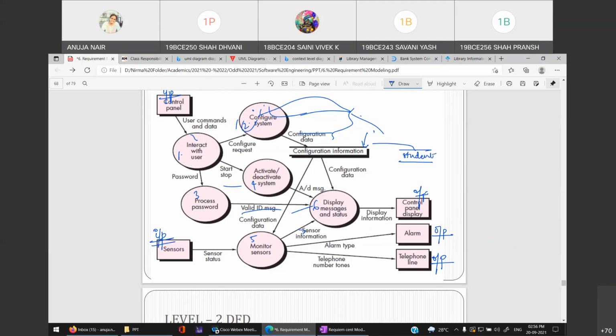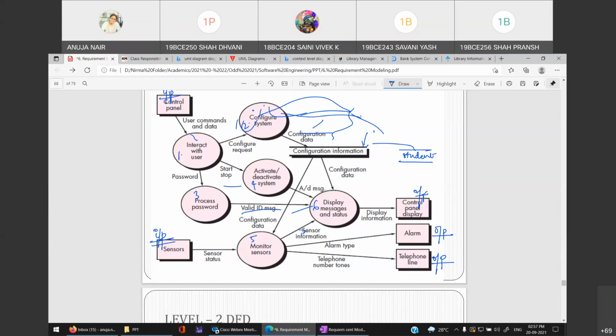That is, of course, the representation of a programmer, right? Where to put the tables? Wherever you want to store the data, put tables inside it, so that you know that, okay, configuration data is getting stored inside a table called configuration information. And of course these two should be the same. It is not that you have processed something, given an input and then taken out a different output. You have only shown a database table, that configuration data is getting stored inside this table and the same configuration data is coming outside.